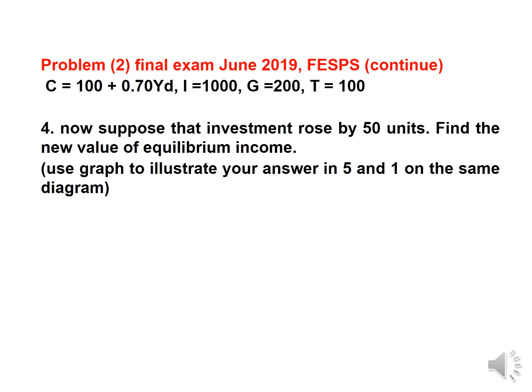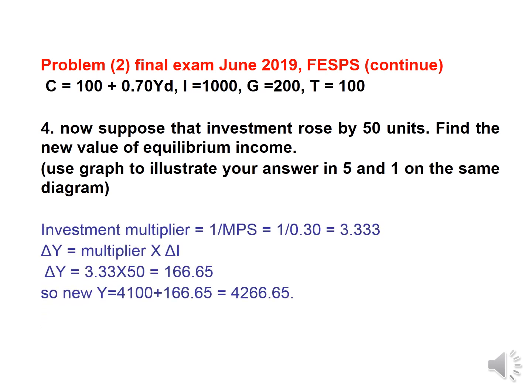اوكي. بعد كده عايز ايه؟ now let's assume that investment rose by 50 units. Find the new value of equilibrium income. ايه ده؟ ده investment multiplier. اوكي. investment multiplier 1 over marginal propensity to save, sorry, not consume. معايا؟ يعني كام؟ 1 over 0.3 اللي هو